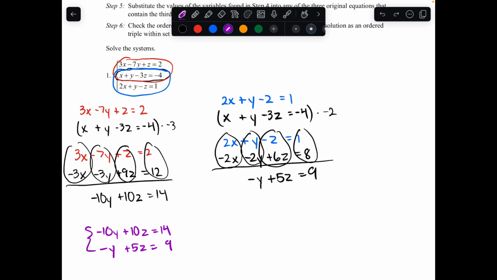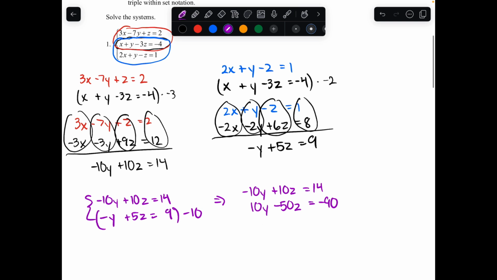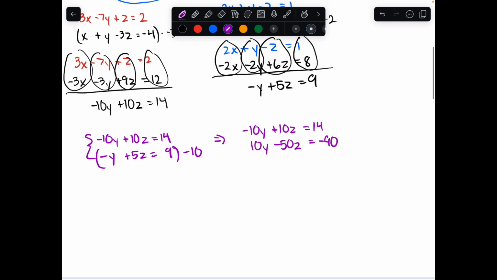So I'm going to multiply both sides by negative 10, and so we will have negative 10y plus 10z is equal to 14, and then positive 10y minus 50z is equal to negative 90. From here, I can add these together, and we're going to get rid of our y's, right? Negative 10y plus positive 10y is going to be 0y, but we've got 10z minus 50z, so this is going to be negative 40z